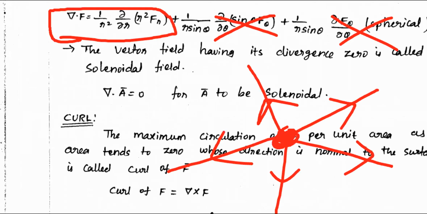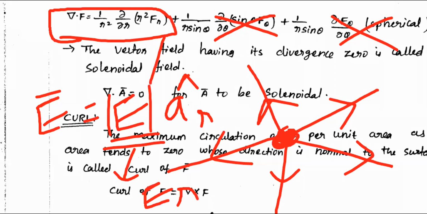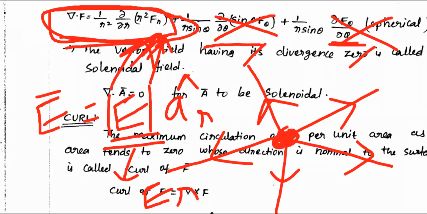We have derived finally that the electric field due to a point charge is equal to some magnitude times E_r cap. That means this is the E_r component, and in this case that is F_r. If you simply remember this equation, that is enough. For practical purposes, if you remember only this portion, that is enough. In very rare cases they will give you a problem where the vector consists of everything, say for example the E_r component, E_theta and E_phi. Even for antenna cases, if you remember this equation, that is enough.